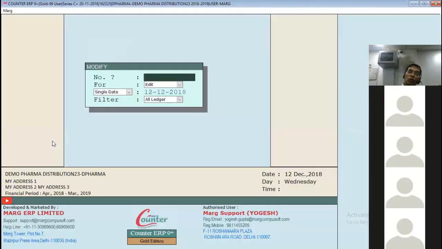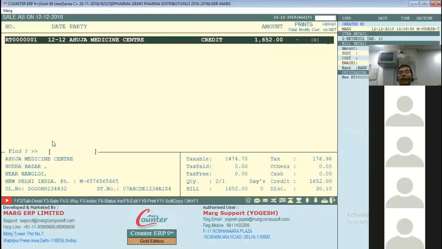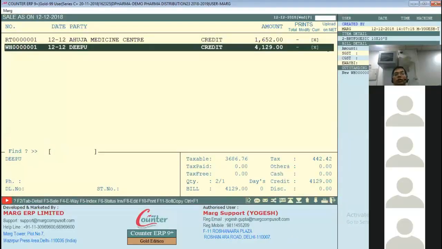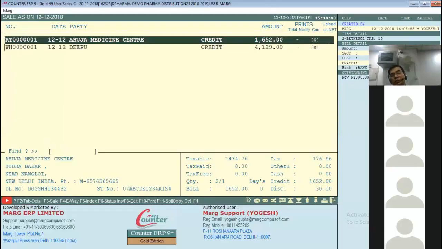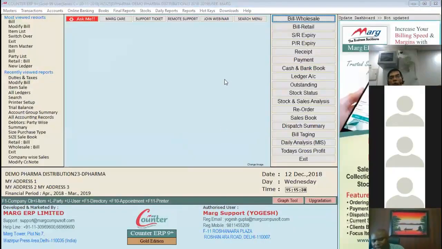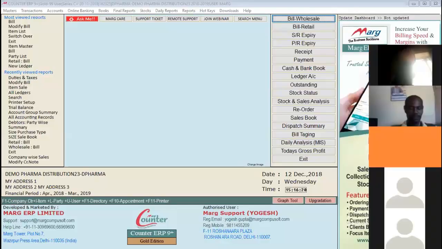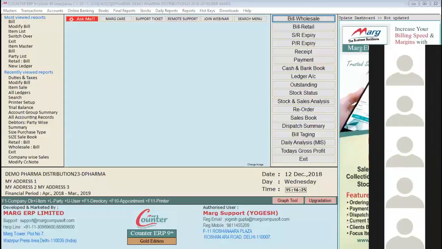As we discussed about 2 bills, 2 series retail wholesale, I am getting retail and wholesale, both the bills. Next, which is my server backup. I recap. So customer may say, sir, I don't want to take backup manually. You give me some solution where software would take backup automatically. So of course we do have that option, which I'm going to show you.